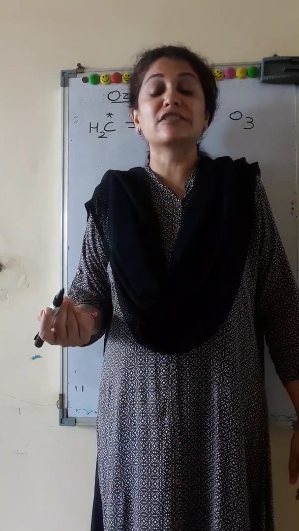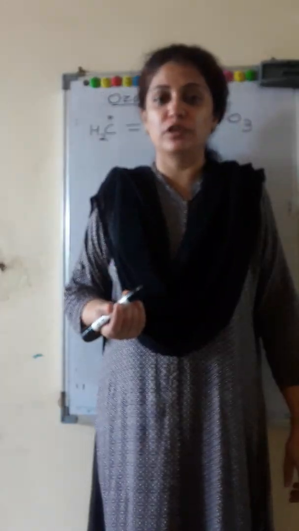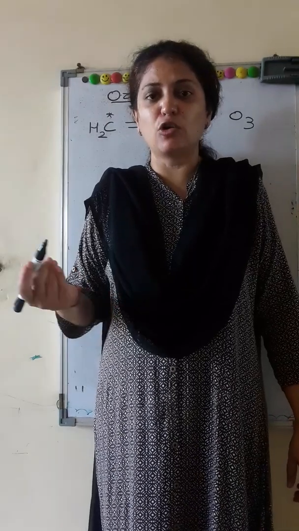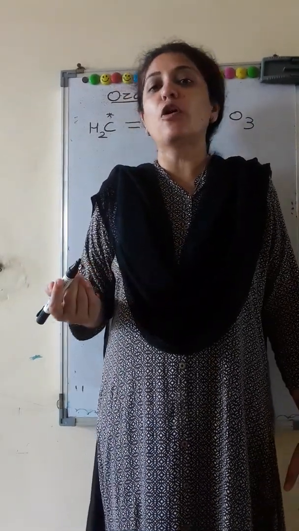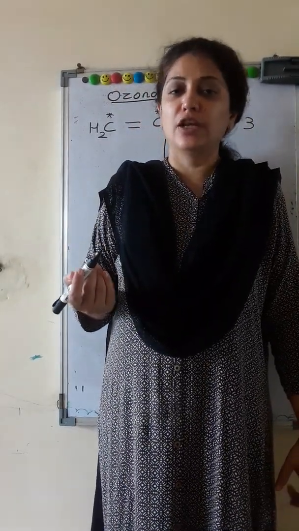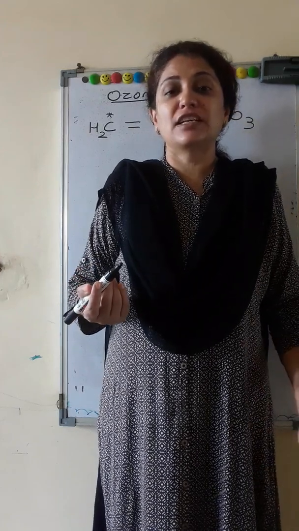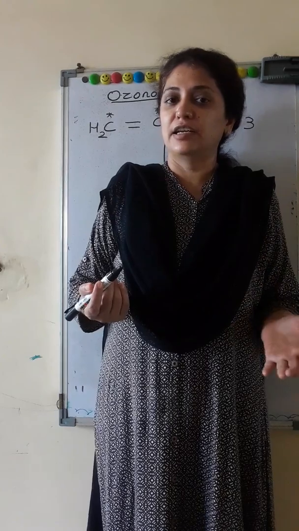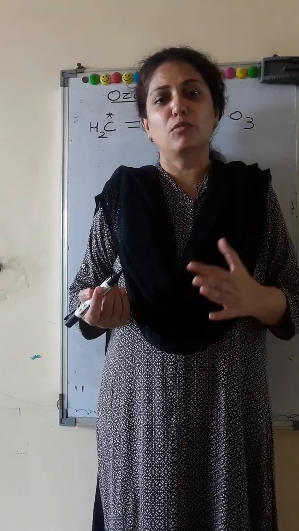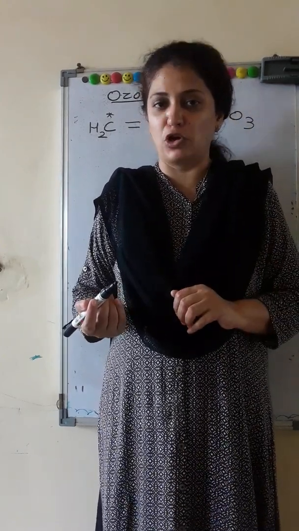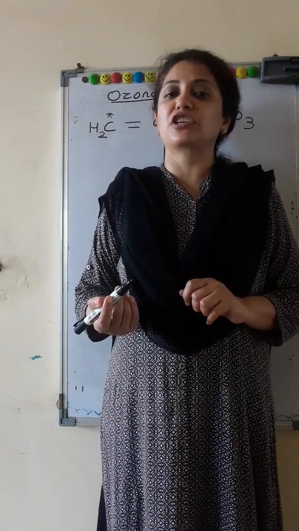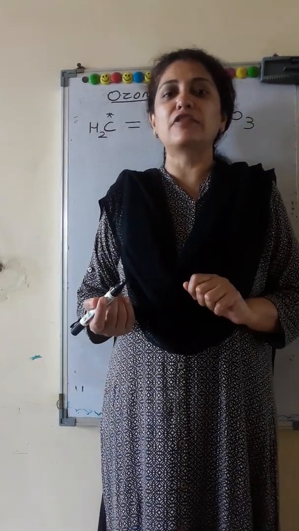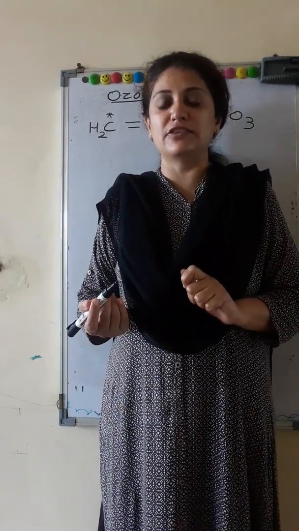Now ozonolysis means addition of ozone to an alkene across the double bond to form a triozonide, which on reacting with zinc dust and water gives us an aldehyde, a ketone, or both aldehyde and ketone as a product, depending upon the structure of the alkene. So here I have taken a few examples of this reaction.